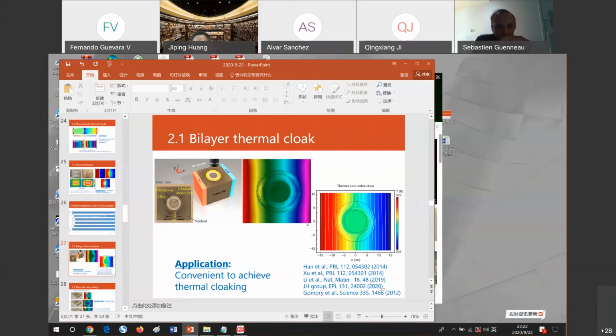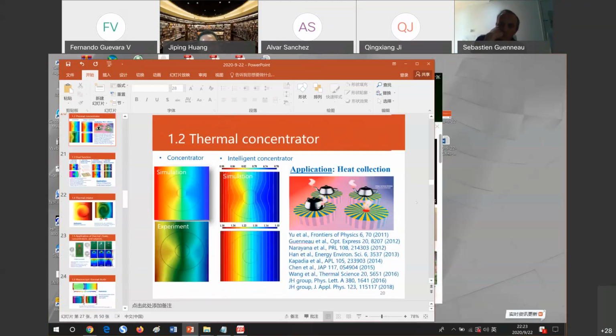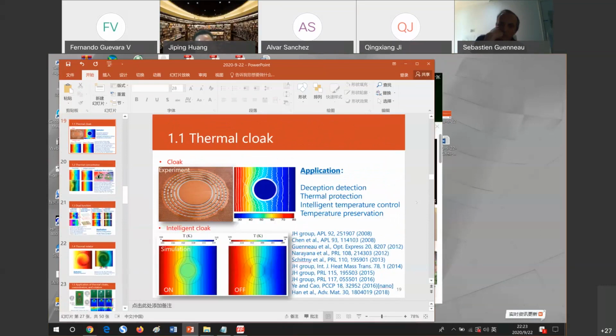Thank you. Yeah. Thanks. I understand it. And can I ask my last question? I noticed that in experimental demonstrations of thermal cloaking, people are using various methods. Like this page, you are using the bilayer, and some, like Han and Qiu and Maldovan, they are using the translation method. Like, yes, here you can see it.